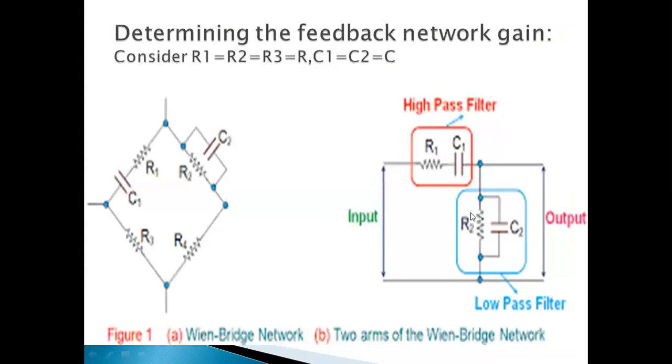So from this equation, let us consider: this is V naught of S, this is VF of S. This is the initial voltage, this is the middle voltage, and we have two impedances. This one is one impedance, this one is the second impedance. Let all the resistances R1, R2, R3 be R, and C1, C2 be C. That means all the resistances are the same and all the capacitances are the same. In place of C1 and C2 we can put C, in place of R1, R2 and R3 we can put R.